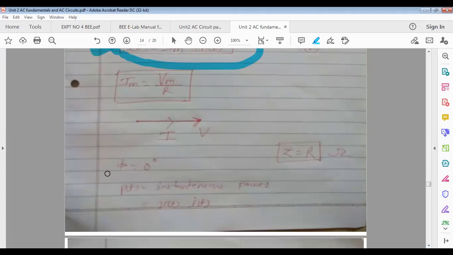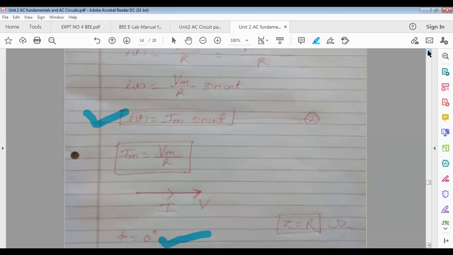Phase difference between voltage and current in electrical subjects is denoted by an angle phi. Okay, so phi is how much? 0 degree. So Vm sin(ωt), Im sin(ωt), we have seen the phasor diagram representation. It is along which axis? Positive real axis in the S plane. So voltage and current, no phase difference is there. Both will be in phase. So voltage along the positive real axis, in phase with it is the current. Got it? Phasor diagram representation for a purely resistive circuit.